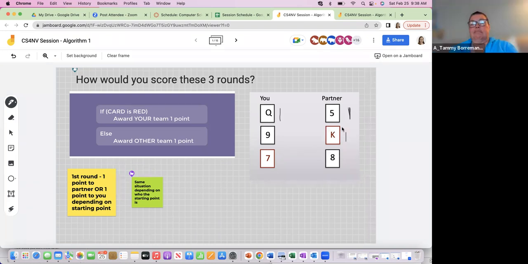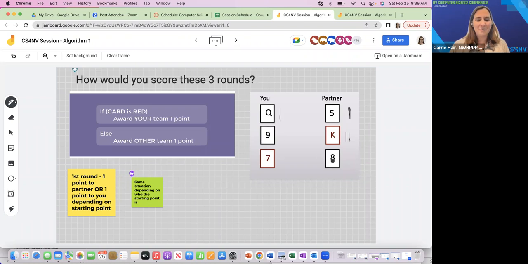I was thinking the same thing because the king is red. Yeah, we looked at both partners again, so one would end up with nothing and one would end up with 2. Yeah, exactly, Sarah, and I think that was Tammy. So the 9, and then the king is also red, so we need to go through that through their eyes, and the card is red, so they're going to get 2.